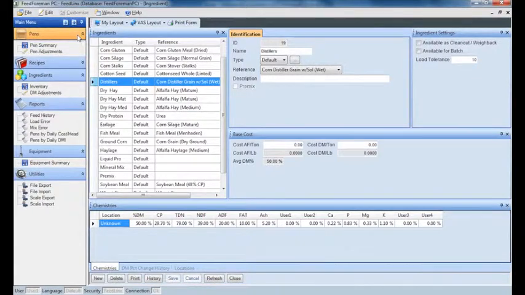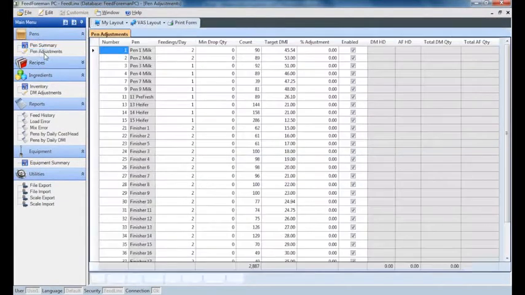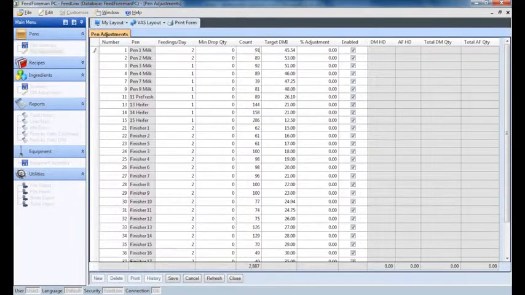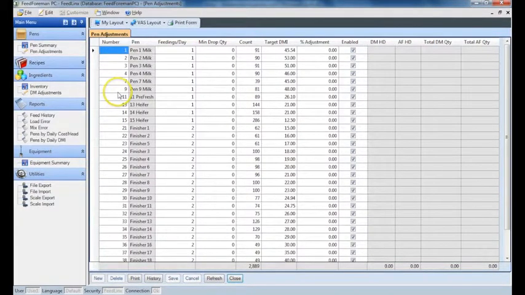To adjust the pen head counts, go to the Pen Adjustments tab under the Pen category. Select the pen you want to change and enter in the new head count. Press Enter on your keypad to go to the next pen. It is very easy to change multiple pens this way. You can easily adjust the pen's feedings a day and the target dry matter intake per day using the same